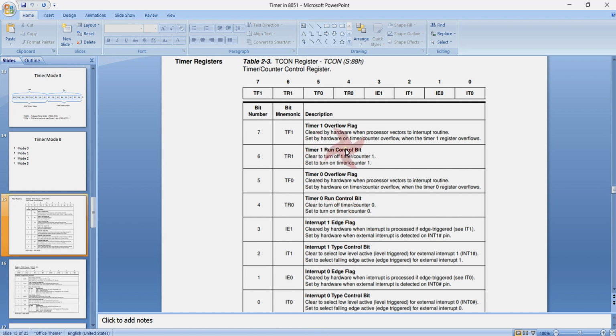So that's all about the TCON register: TR0, TF0, TR1, TF1.